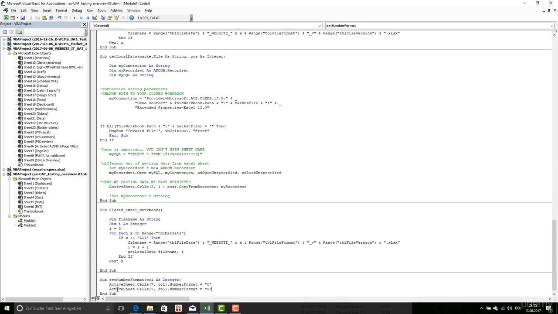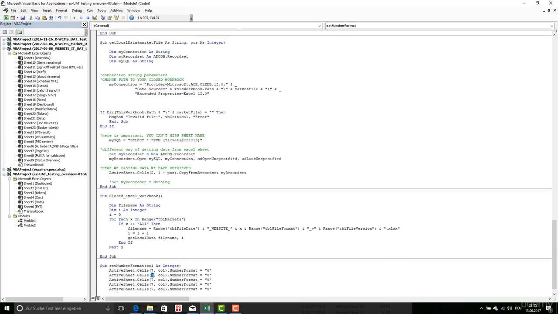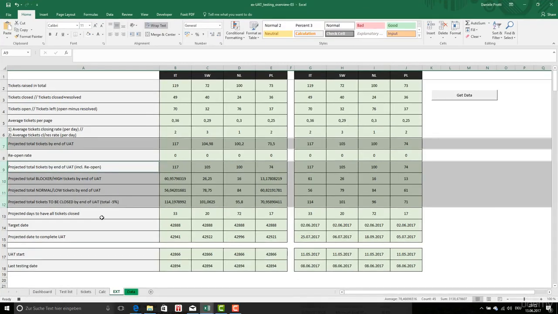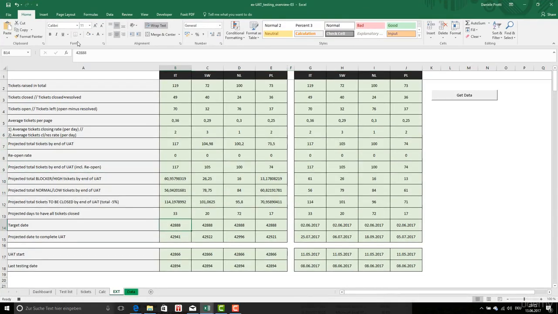I can do with a cycle: 9, 10, 11, 12, and 13. Okay, let's see. 9, 10, 11, 12, and 13. Then I want this as a date. So if I don't know how to do this, developer